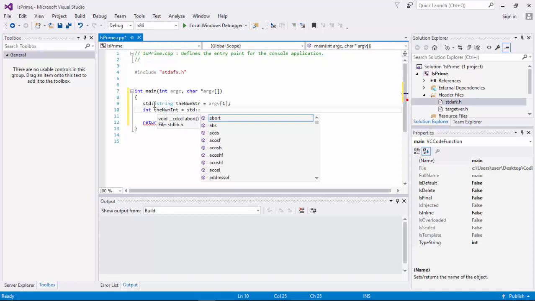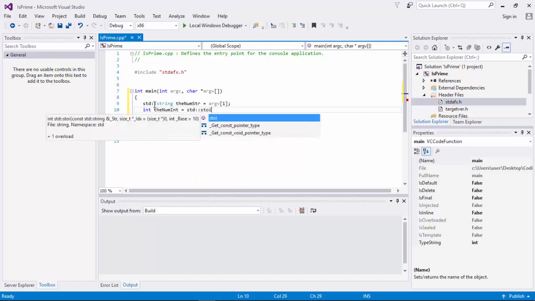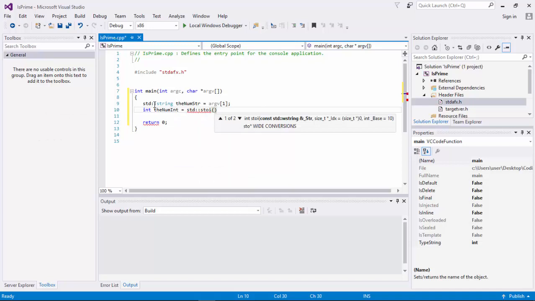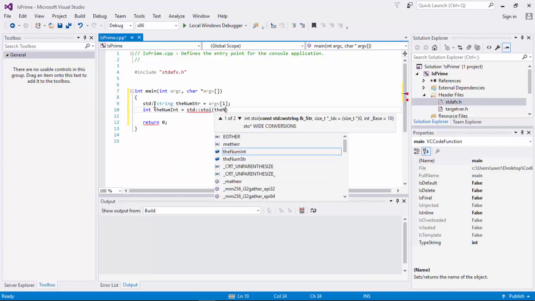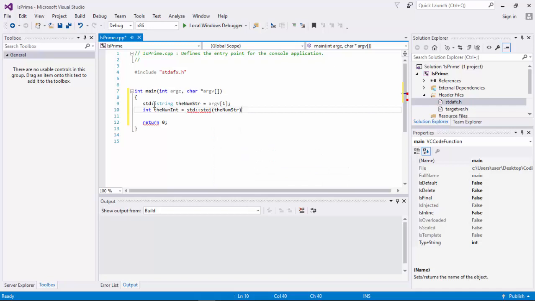So the conversion function is stoi. What value do we want to convert? The value that is stored in the num string. That is it about getting the value from the command prompt.